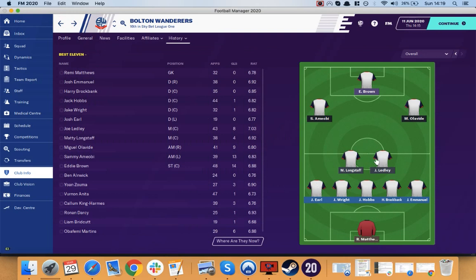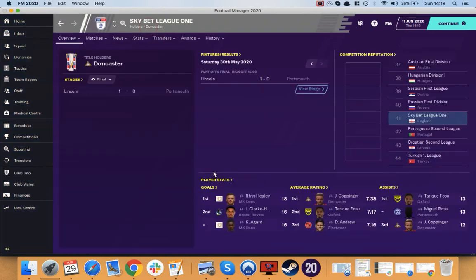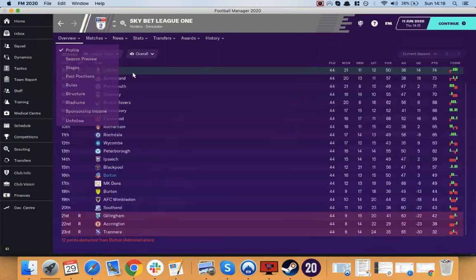So yeah, in terms of next season, the midfield's going to be the same, Matt Longstaff and Joe Ledley. The defence is going to be the same, other than replacing Jack Wright. It's going forward where we're going to have a tinker, because we didn't score that many goals, to be honest with you. If we have a look, we didn't have anyone on the top goal scorer